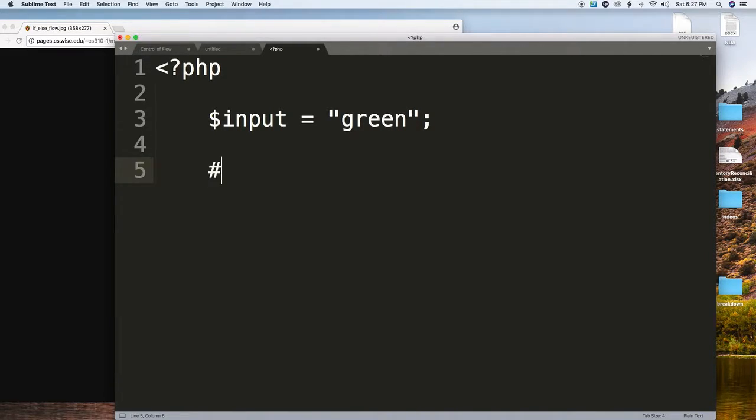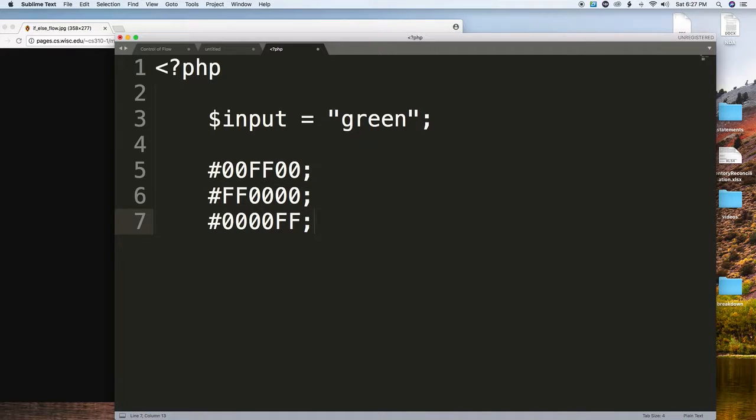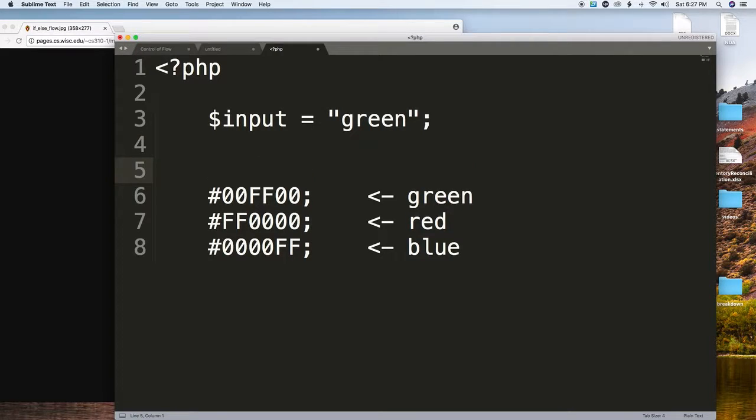And let's say that we want to output the hexadecimal value of whatever text is in here, right? So green would be red, green, blue, for instance. And then we know that red would be this, and then we know that blue would be this. And we could also throw in some other ones here. Let's say that this is what we know that we want to see. This is blue, this is red, this is green. And now we know that we want to return or give these kinds of values based off of this input,